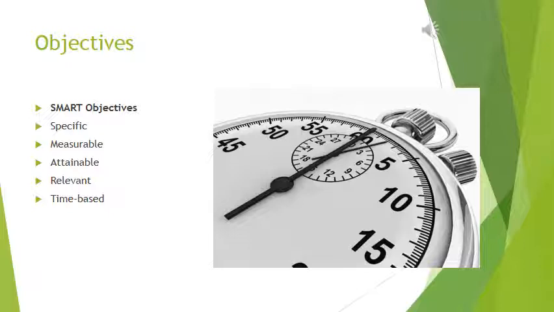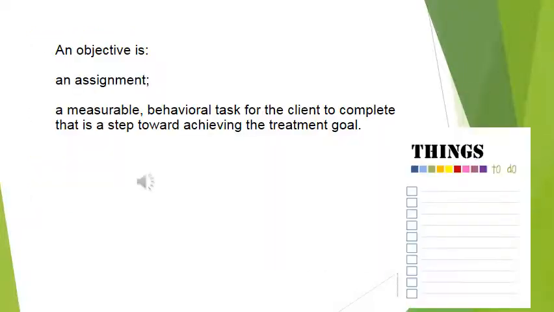So if we think about objectives as SMART objectives, they are specific, they are measurable, they're attainable, they're relevant, and they're time-based. An objective, as we have noticed, is a stepwise method to accomplishing the goal which resolves a problem. Objectives can also be thought of as an assignment. This is an assignment you as the case manager and the client have devised together. Objectives are tasks. They're behavioral tasks that the client completes as a step